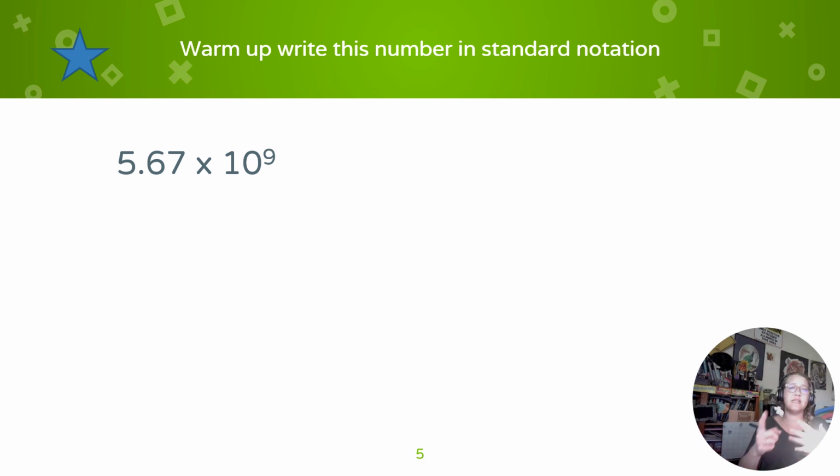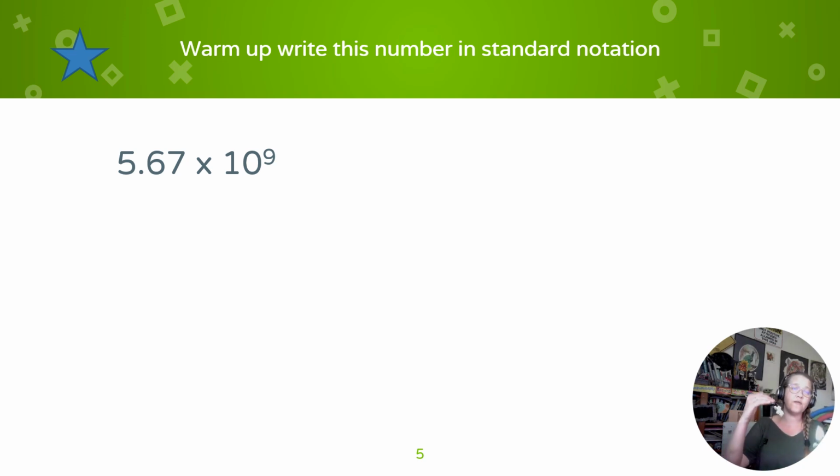So the thing I need to look at here is I need to ask myself, is my exponent positive or is my exponent negative? If my exponent is positive, I'm going to be making a big, giant, fat number. I'm going to be moving my decimal to the right. If this exponent is negative, I'm going to be making a little tiny baby number. Move your decimal